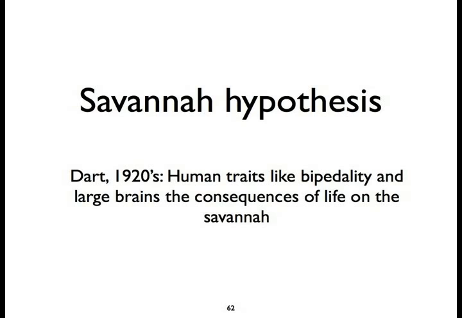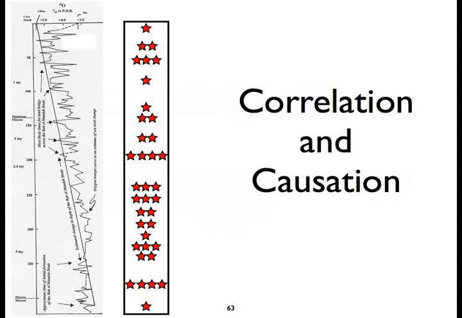Now, these things are problematic because they're based on correlations and not necessarily a good idea for causation. Right? So, yeah, the climate is getting cooler and drier as we go across the Pliocene and Pleistocene, and that probably does relate to increases in the amount of savanna and decreases in the amount of tropical rainforest. But do we really know that that is the causal factor that caused us to become bipeds and have large